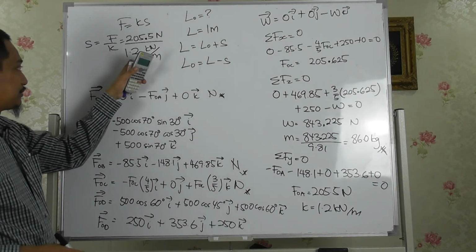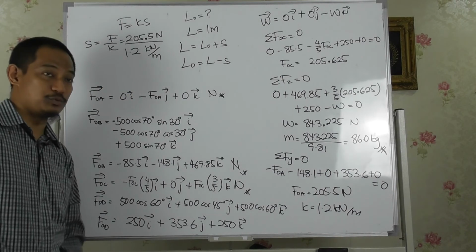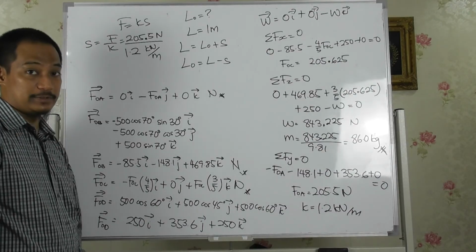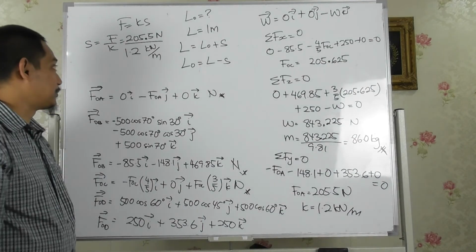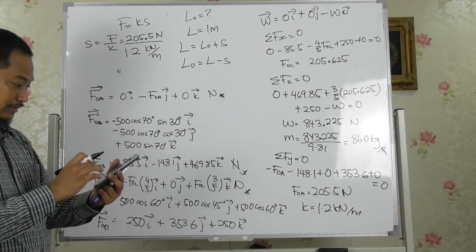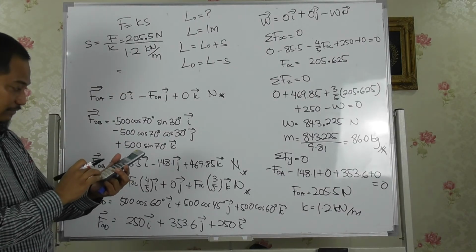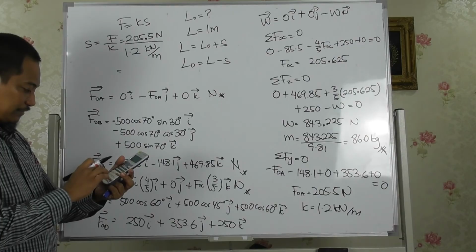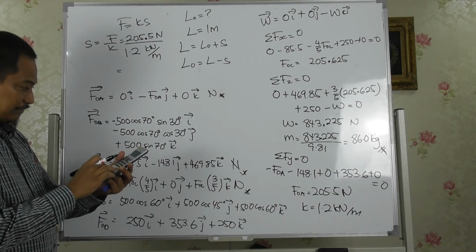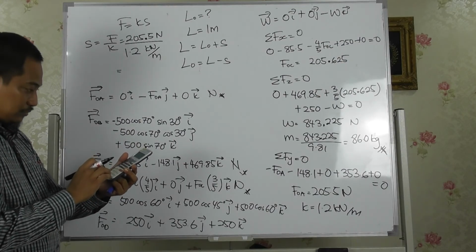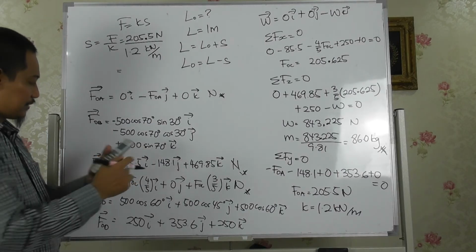So in other words, it's 1200 Newton per meter, right? So if you divide as such, 205.5 divided by 1200, you actually get